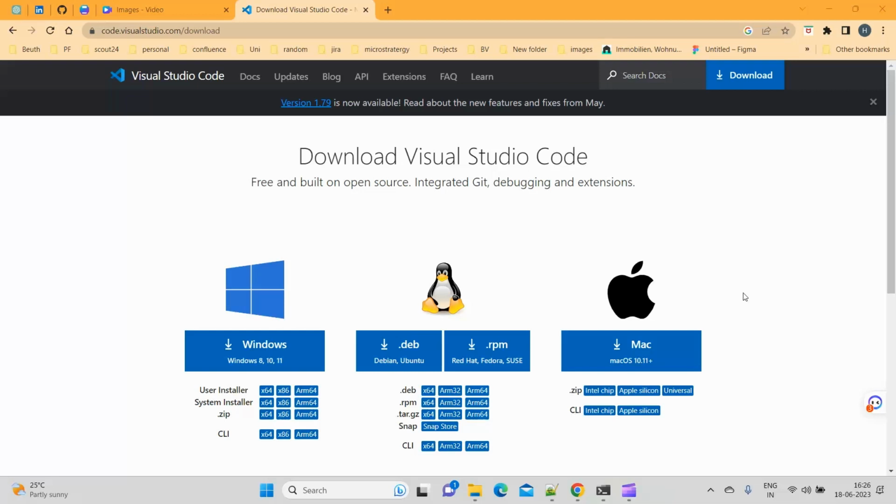Today's video is on installing VS Code on your Windows operating system. If you ask me why VS Code, why not others? There are many Python code editors and IDEs present, but PyCharm and VS Code are the winners, and they are used by many developers across the world. These are very easy to use and install, and they support many languages such as JavaScript, Python,